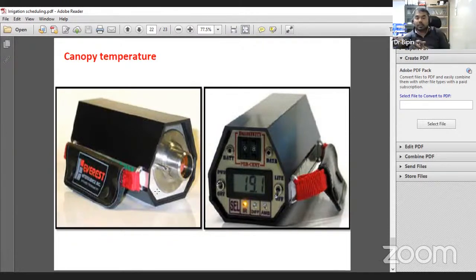If the temperature is lower in the canopy compared to the ambient temperature, it means the crop has good moisture, the soil has good moisture, and transpiration is going on. When the canopy temperature also increases and there is very little difference, suppose 35 is ambient and 32 is your canopy temperature,